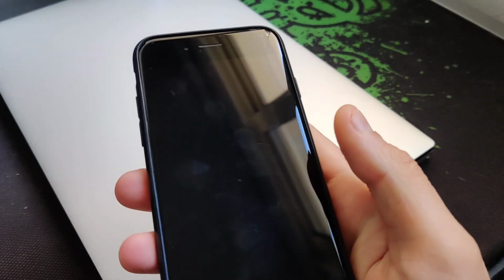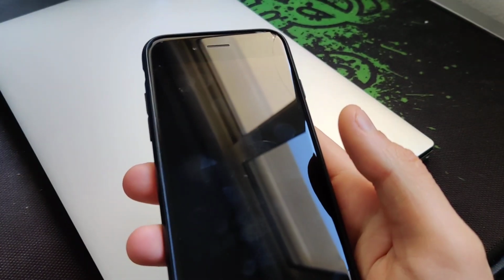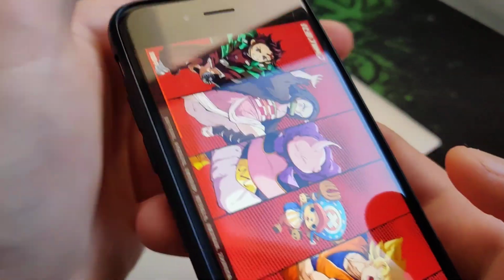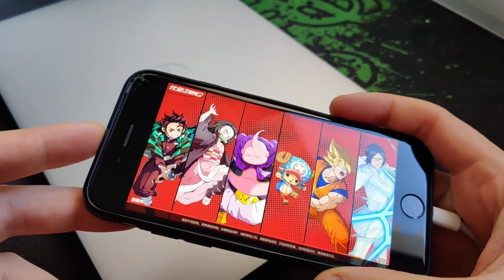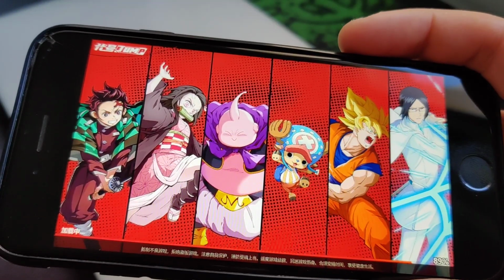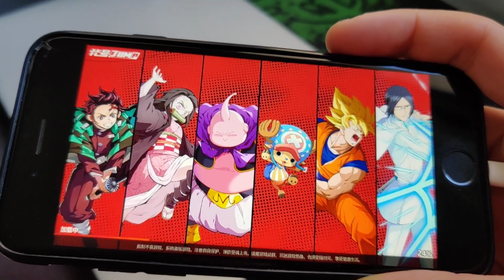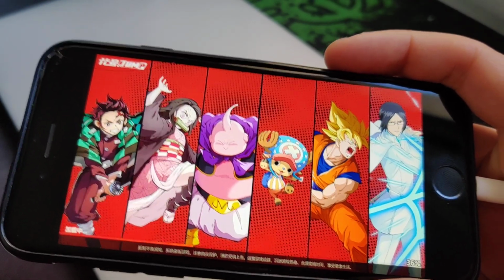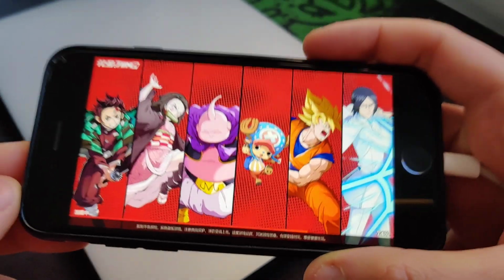So let's open it. And yeah, the game is installed and running perfectly fine on my device. So as you can see, the game is in the loading state, so I don't want to steal your time